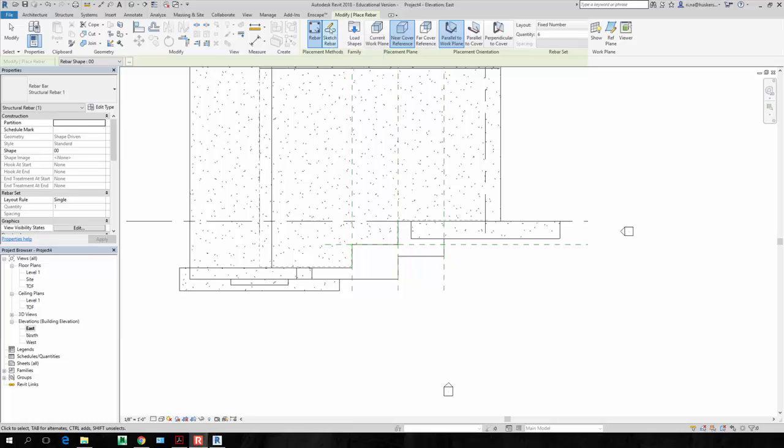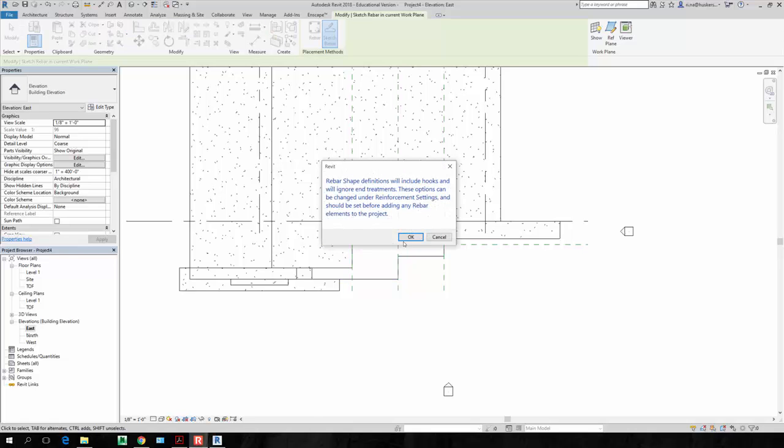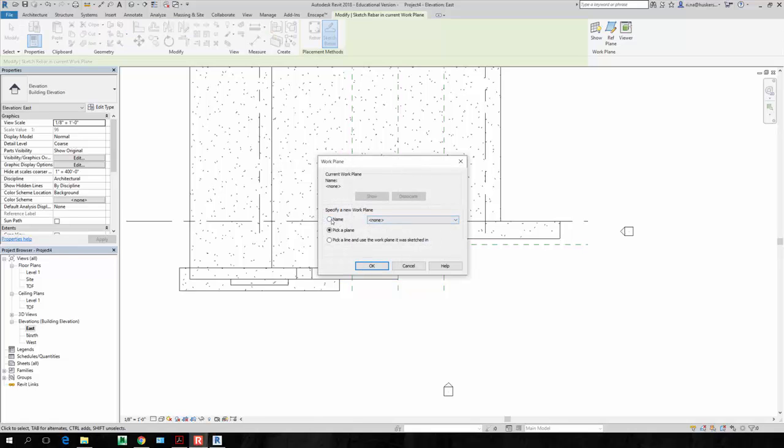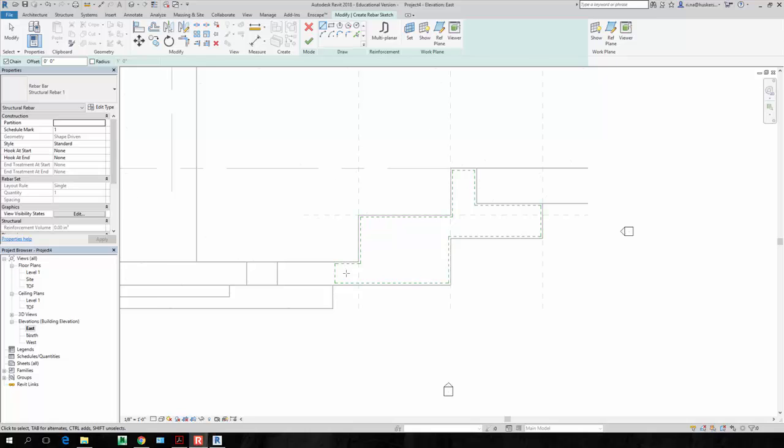We go to sketch. We're going to sketch on the named step. That's step 1. And continue to use that reference plane, right? Say OK. Now you can see I can draw from this point to here, then draw,